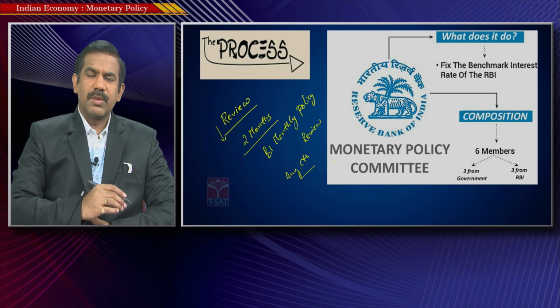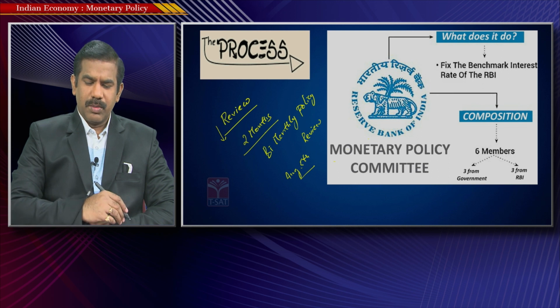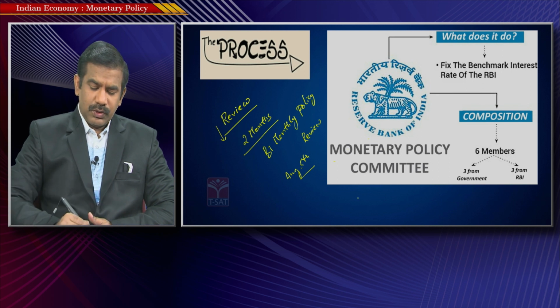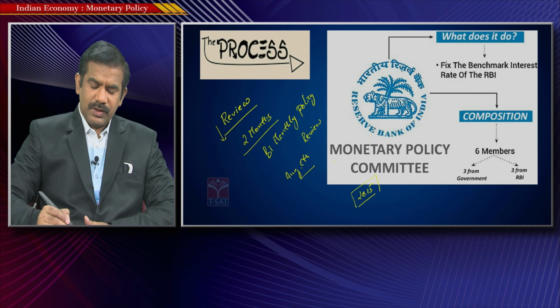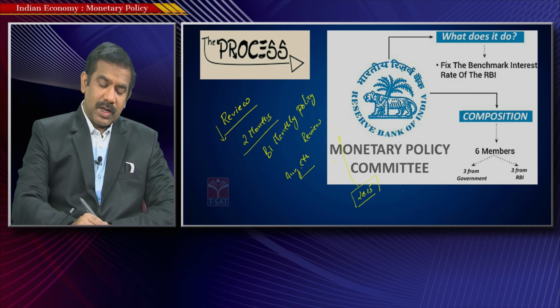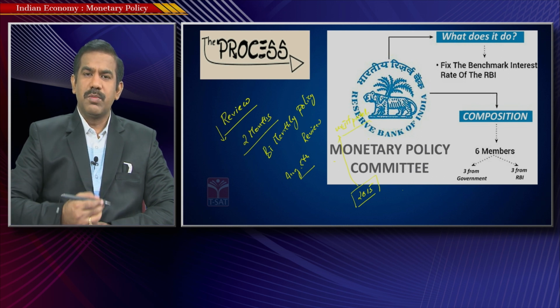It's not necessary that the RBI does the review only once in 2 months. If required, the RBI could make a change in policy at any point of time based upon the situation in the economy. Until 2015 in India, this decision of changing the policy rates used to be completely within the control of the RBI governor. But since 2015, and in fact since the time Mr. Urjit Patel became the RBI governor, we have a change in the way the policy is formulated, implemented and reviewed.